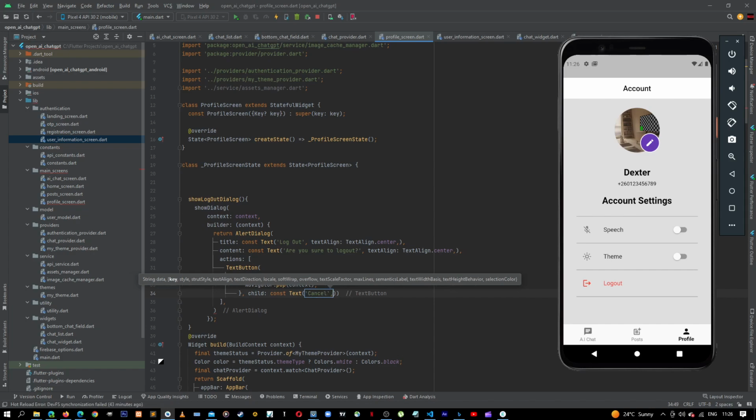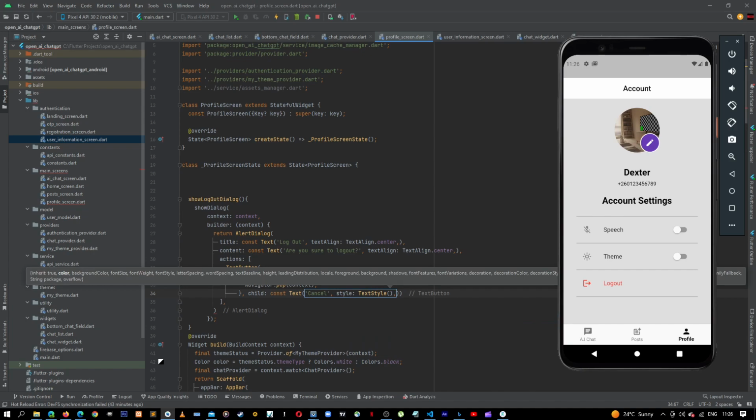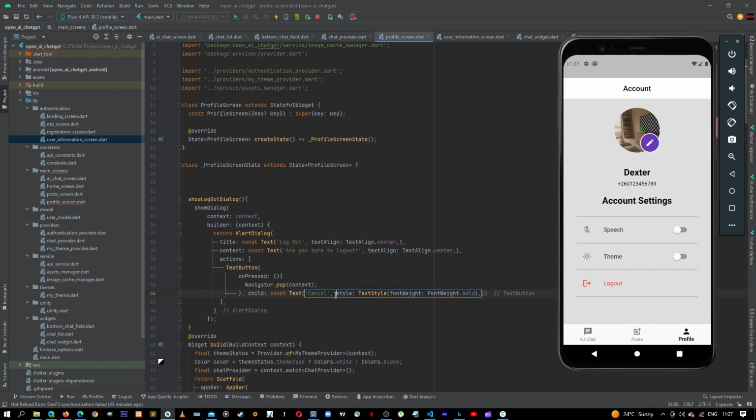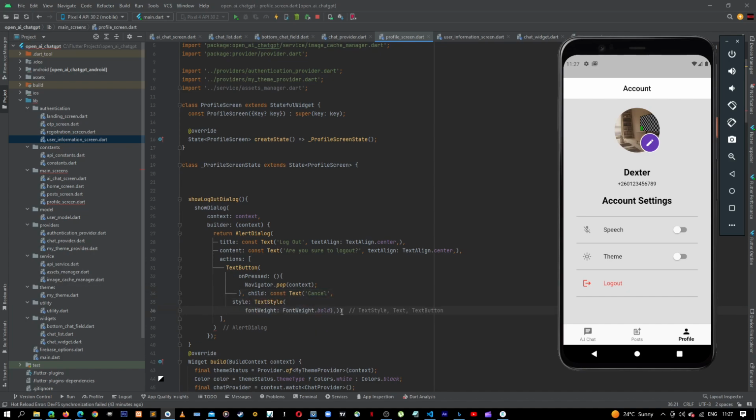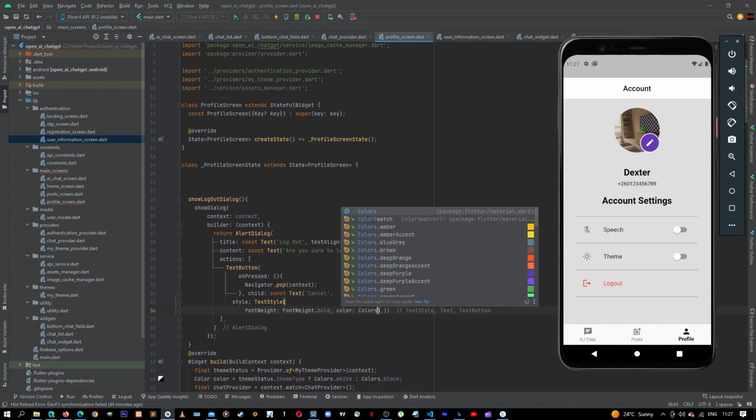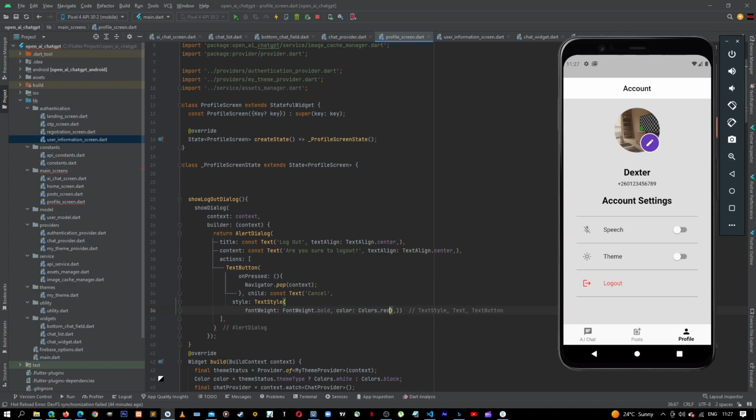Let's give it some style, which comes from text style. And then what we can give it is a font weight dot bold. Let's format this. What else can we give this? Let's give it the colors dot red. Okay, and then